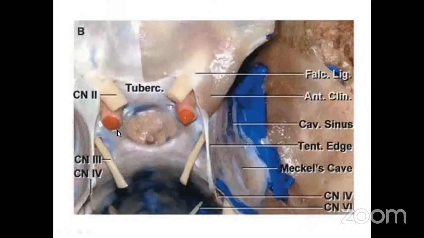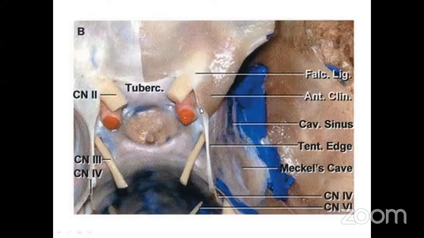As we can see, we have a magnified view of the sellar region. One side's dura has been removed. Dura is present here, and on this side the dura has been stripped off. So we can see the tuberculum sella. We can see that when it ends laterally here, it will be the anterior clinoid process. In between the tuberculum sella and anterior clinoid process, there is a fold of dura, known as